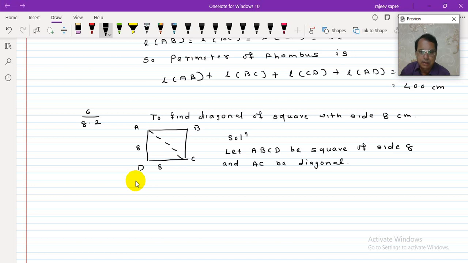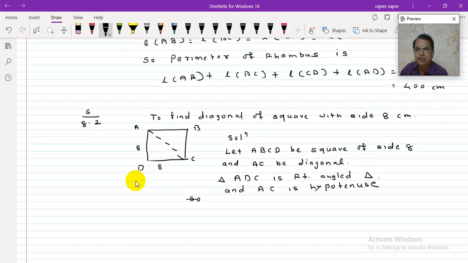What will be now? Triangle ADC. When you consider triangle ADC, it is right angled triangle. And we should say AC is its hypotenuse. Now always I am telling you, whenever you have a right angle triangle,